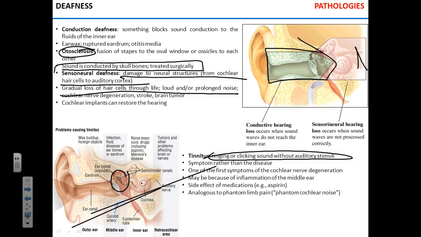What can cause nerve degeneration? Sort of a symptom of the nerve degeneration. Otitis media, middle ear inflammation, can cause tinnitus. Some medications can cause tinnitus. Does that make sense? Any questions on the deafness and pathology and whatnot? You good? You understand the difference between conduction and sensorineural? Well, I'm going to